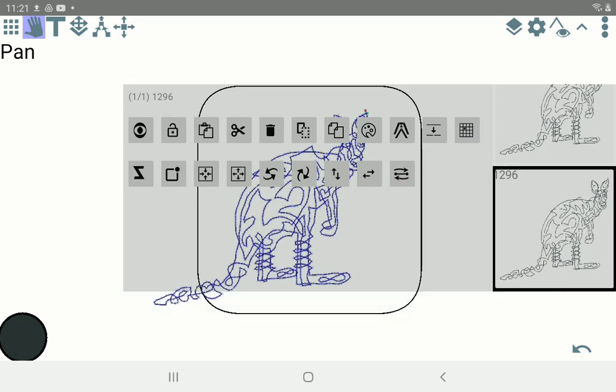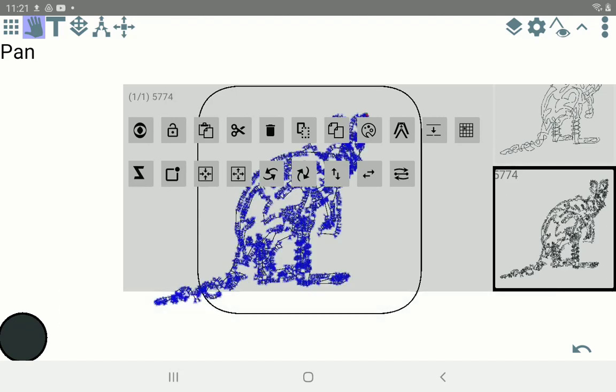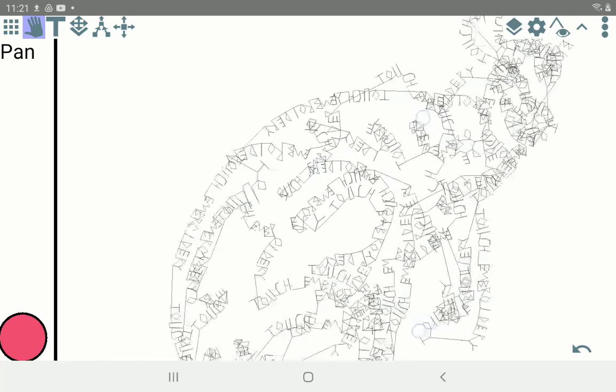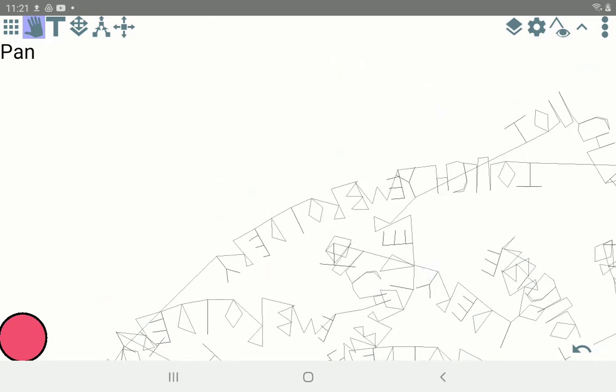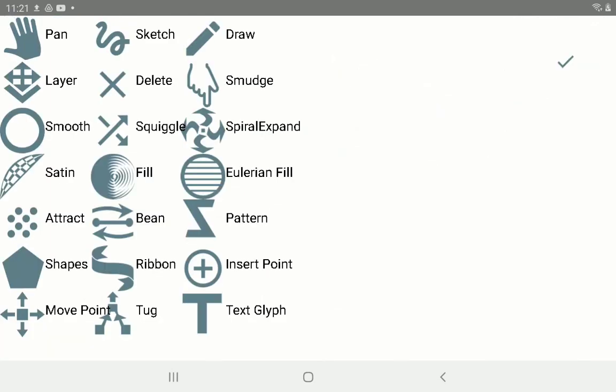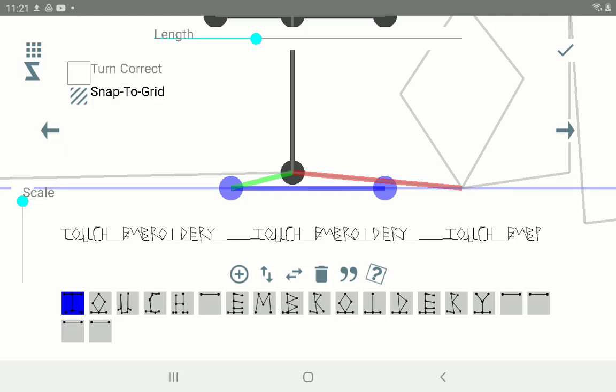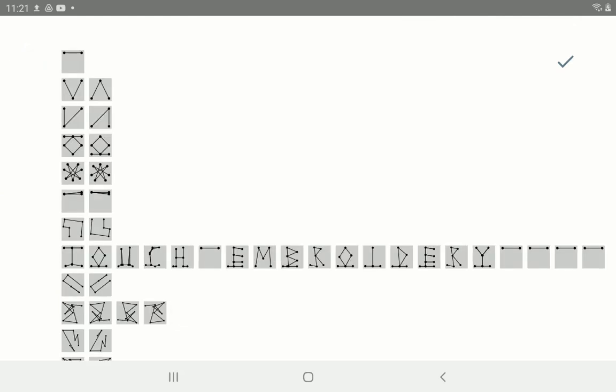Snap to grid. There's also a pattern button. You'll notice that this also says touch embroidery. Let's go ahead and zoom in on this. This is touch embroidery from earlier. It actually took this from the pattern tool. So if we go in here to the pattern tool, we can change this to,